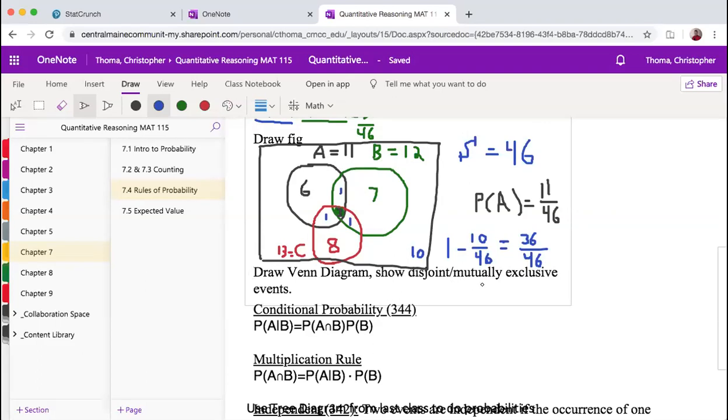Now, for an event to be disjoint or mutually exclusive, what that means is if I build another Venn diagram,